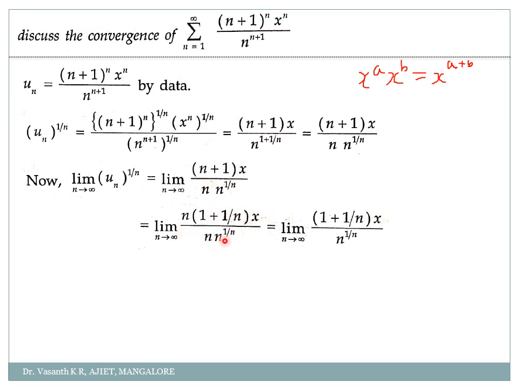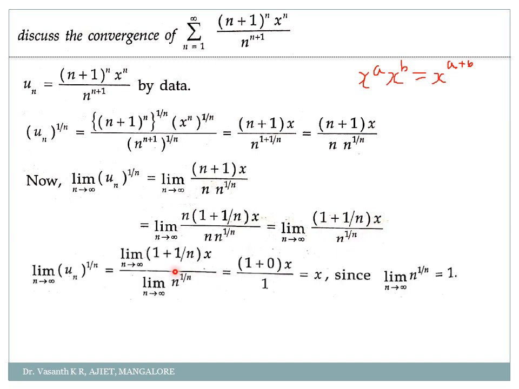Now what to do? That is my question. Some standard value is there, correct, I agree, but how to apply it? Before applying, see how I simplify here. I have taken limits, fine, but see, the standard value is 1 plus 1 by n to the power 1 by n, correct, to the power n. So here n is there. In order to cancel that, in the numerator you take n outside. So what will remain? 1 plus 1 by n into x divided by n into n to the power 1 by n. Cancel n and n here. What will remain? 1 plus 1 by n to the power x divided by n to the power 1 by n. So then limit I have taken separately, fine.